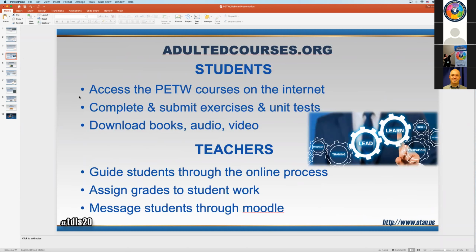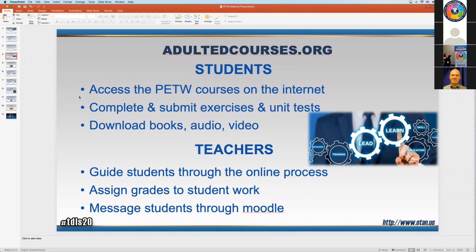So where are the courses located? They're on the internet at adultedcourses.org. Okay, today I'm going to show you what the students have to do, how a student accesses the course, how they complete and submit exercises and unit assessments, and how they can download materials, books, vocabulary songs, readings.